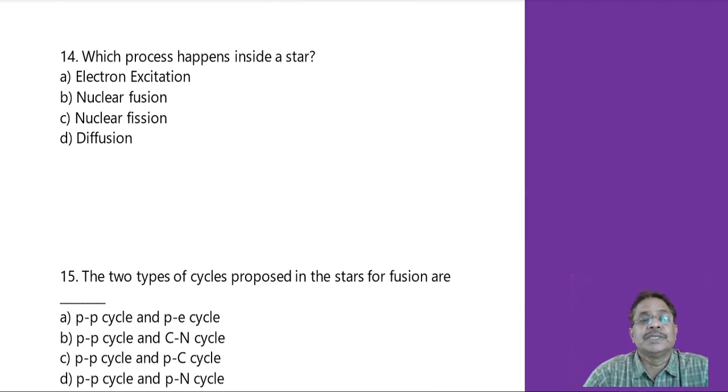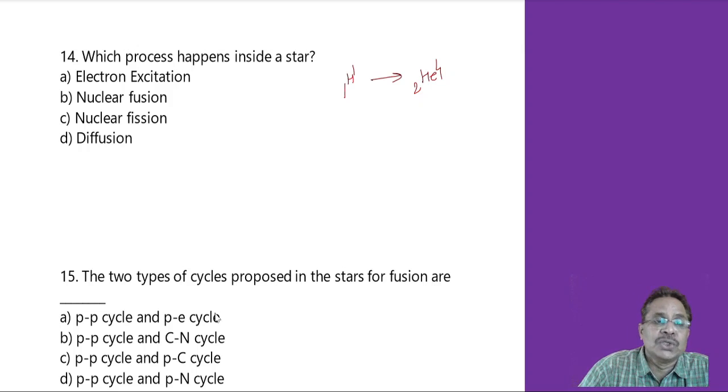Which process happens inside a star? Just now as we have seen, inside a star, hydrogen atoms 1H1 get converted into He4, and in that process a certain amount of mass is lost, and this mass gets converted into energy, and this process is nothing but nuclear fusion. So that is the basic source of generation of energy inside stars, that is the nuclear fusion. So lighter nuclei come together, they fuse, and they give out a heavier nucleus. In that process a certain mass is lost, and this mass gets converted into energy, and this reaction is called nuclear fusion reaction.